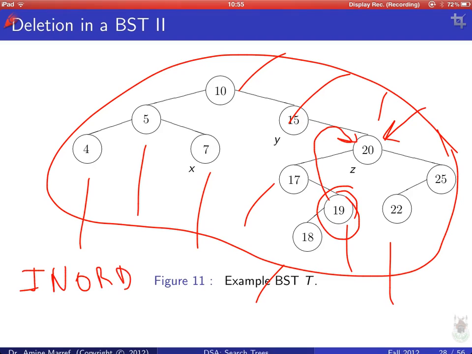So it's the element which comes immediately before this element if the keys are sorted from smallest to largest. The Inorder Successor is the element which is going to succeed this element immediately if the keys are sorted from smallest to largest. Okay, so if we order the keys from smallest to largest,